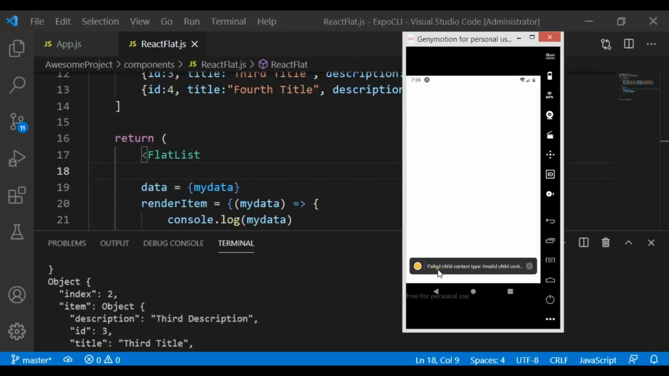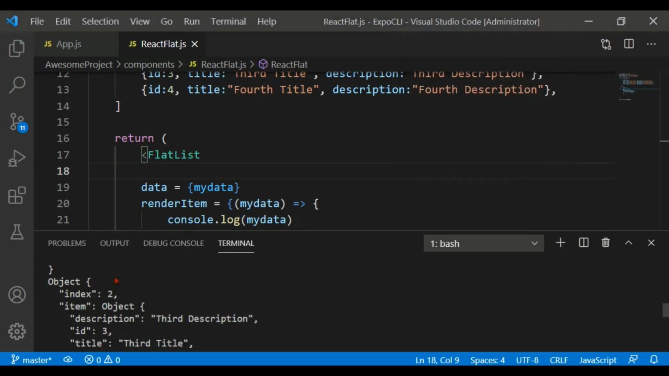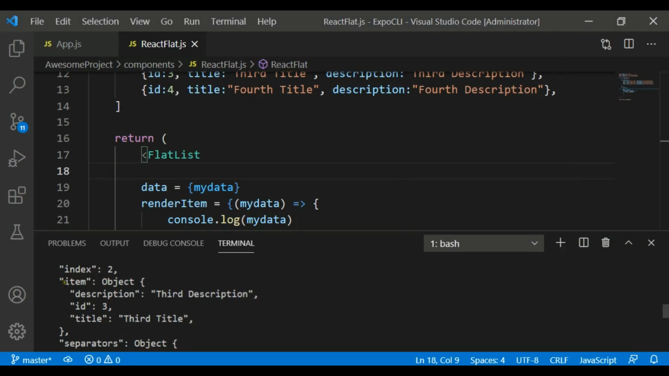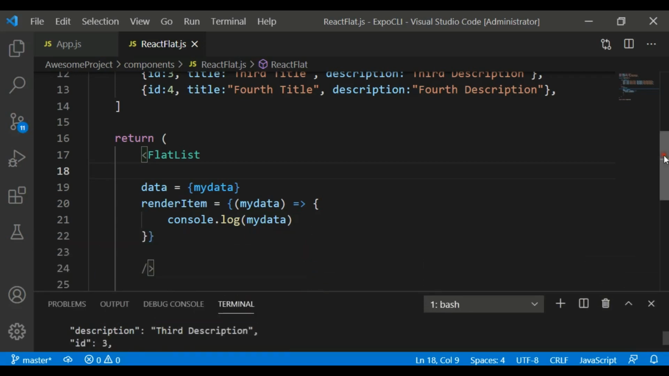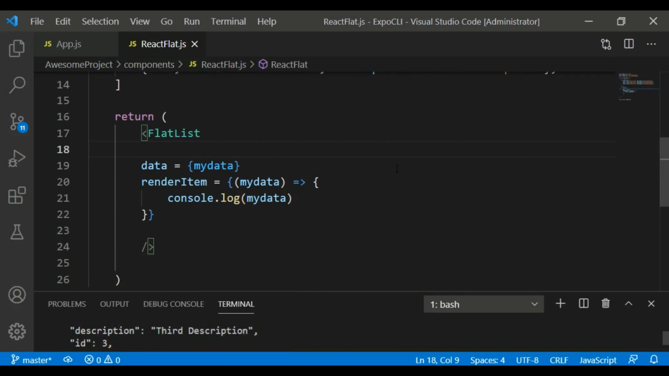Alright guys, even though we have received an error, it's a warning. It's because we need to add a key extractor, so don't worry about that. Now you can see that in here we are receiving our data, and the most important point is that we are interested in item, because item has our description, ID and title. Okay, so now in here, instead of rendering my data, we can just say item,